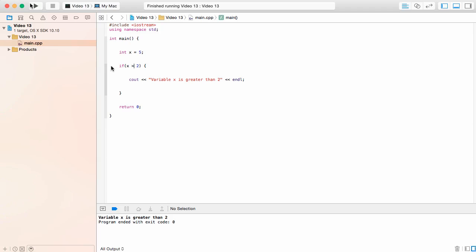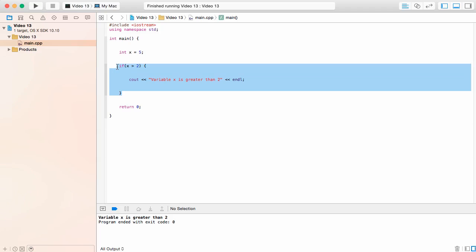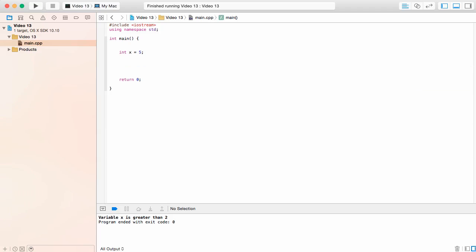So let's go ahead and tear this down and we'll start from scratch, just so everyone sees the process. I'm going to leave everything else on screen though, because I don't really need to go into that again. So we're going to start off by writing if, like we've seen before, and we're going to write our condition in the brackets. So let's start off with a false condition, just so we can see how it goes to the else statement after. We'll see if x is less than 2, which it's not, clearly,